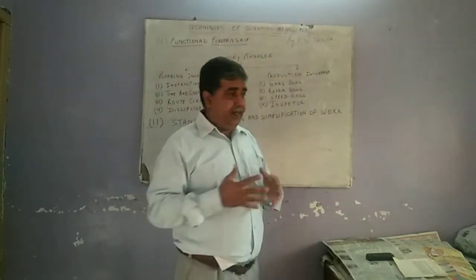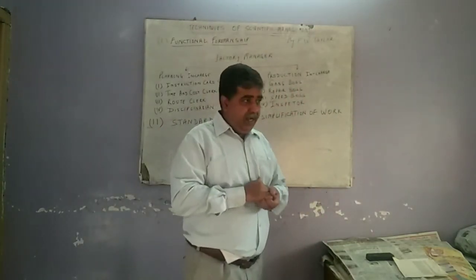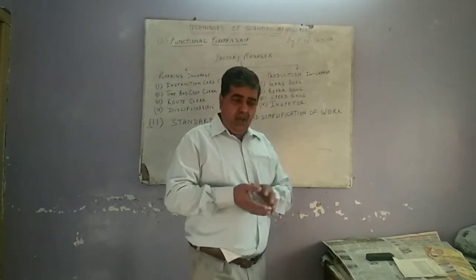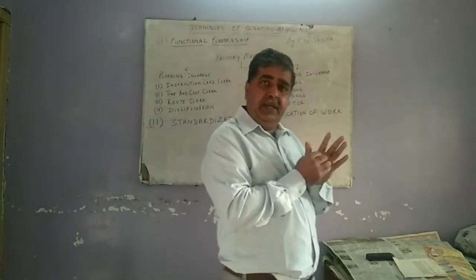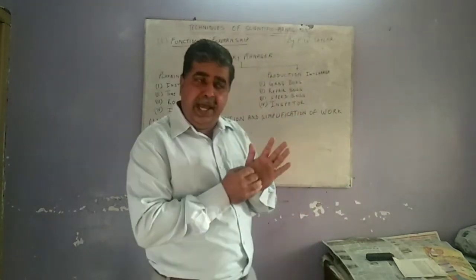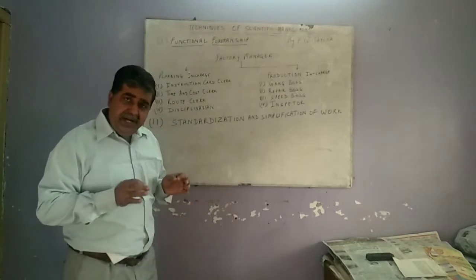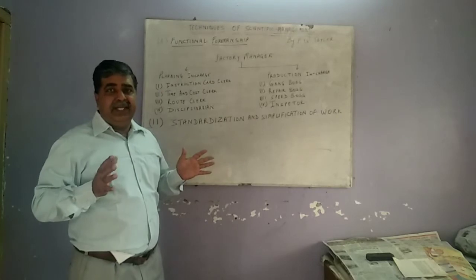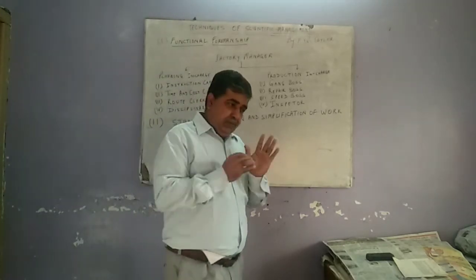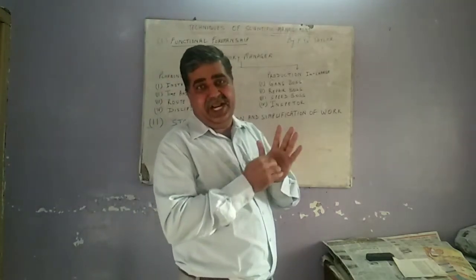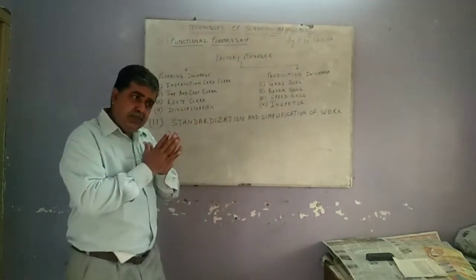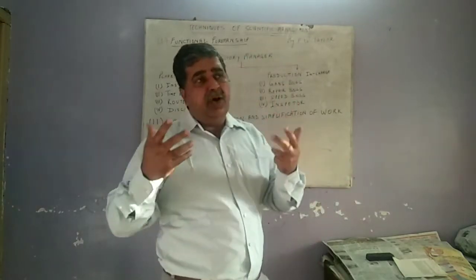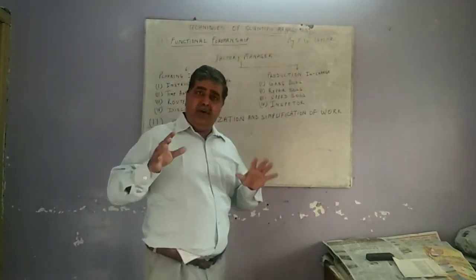Dear students, you see Good Day biscuits. Whenever we taste it, it tastes the same. Although this Good Day biscuit is manufactured in the month of January or in the month of July or in the month of December, every time it tastes the same. Why is it so? It tastes the same because this product is standardized. Standardized material, standardized production process, standardized machines, and standardization of other factors of production.